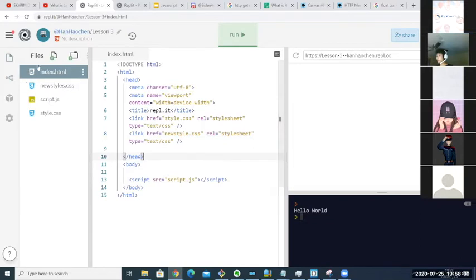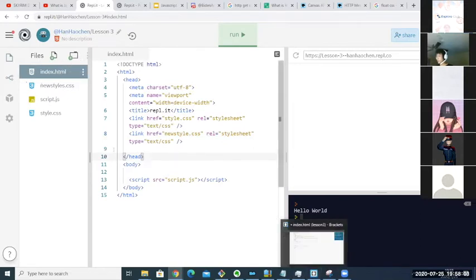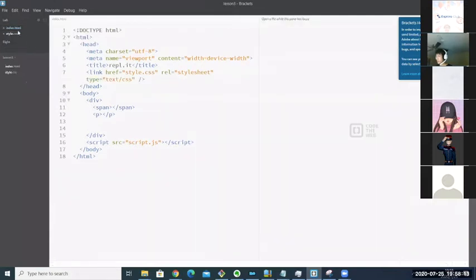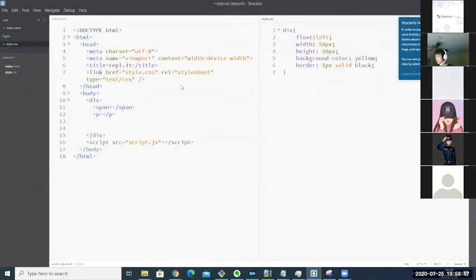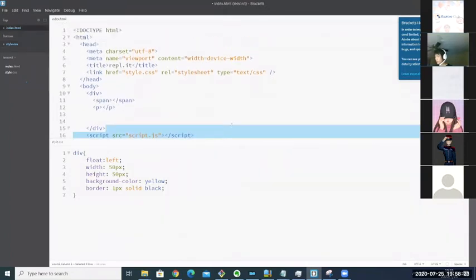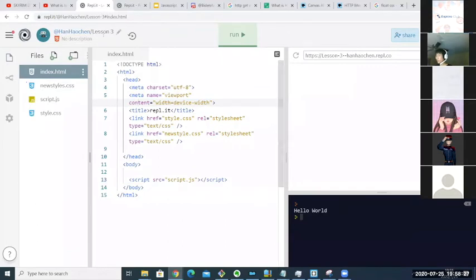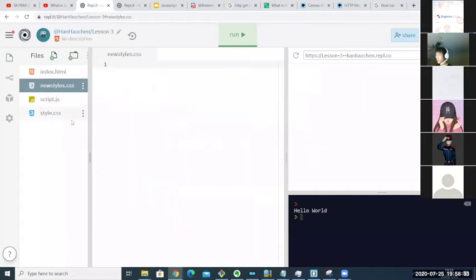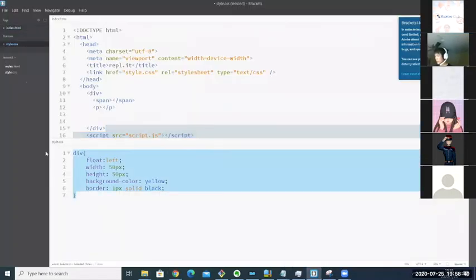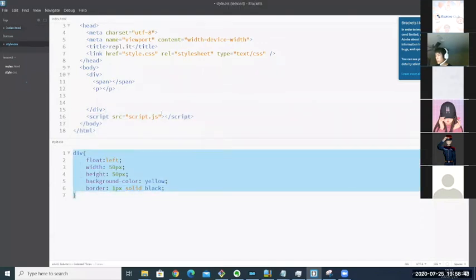All right, but I won't be using this because this is terrible. You can use this. I'm gonna use a code editor called Brackets, and it's pretty convenient because I can split screen and show you the code better. But for you, you can just use this repo code editor, and when you have CSS, just go to your CSS file, and when you have HTML, just go to your HTML file. I'll be using Brackets since the advantage is that you can see both on the same screen. Also, Brackets has a